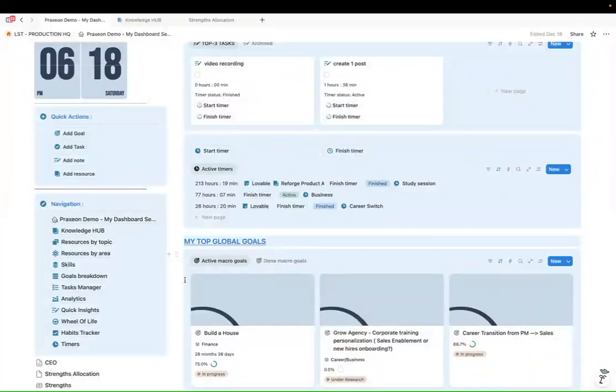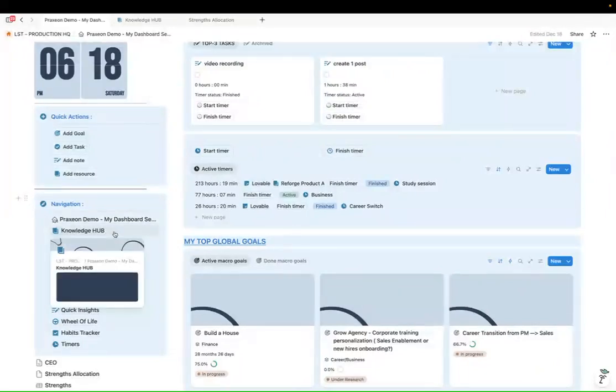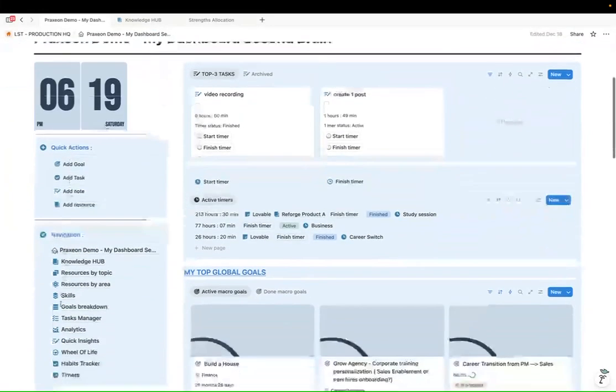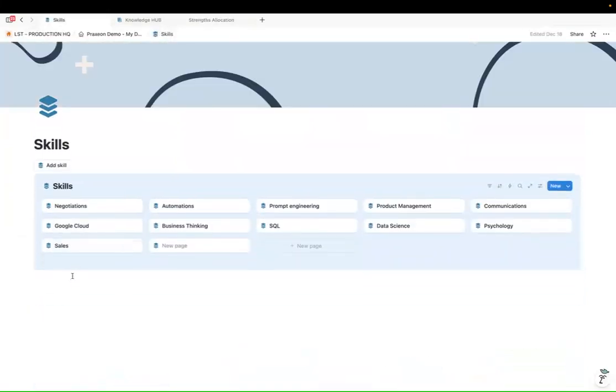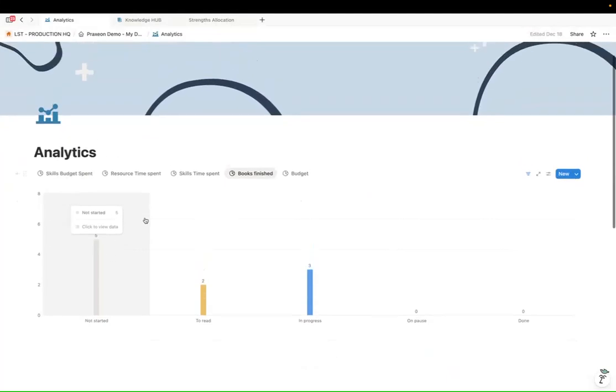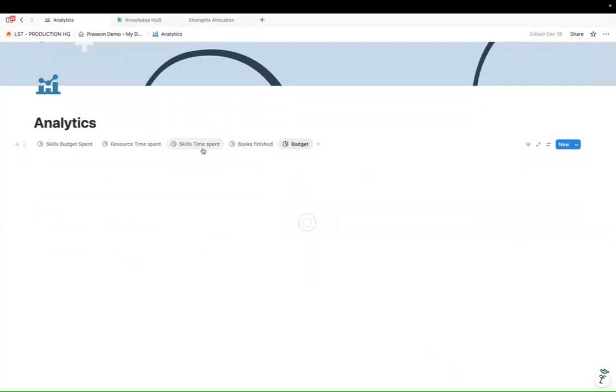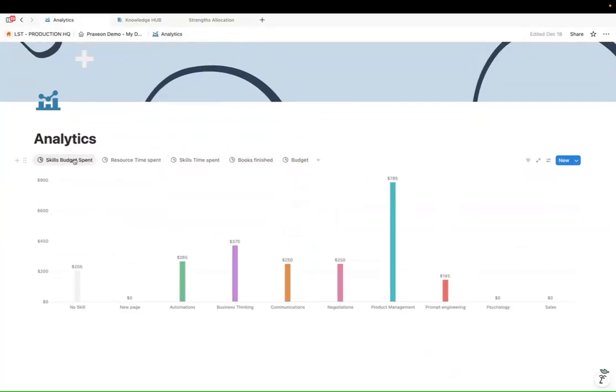But the main power of Praxeon comes with the integration with your Knowledge Hub, as well as the skills and analytics, so that you could connect all your areas of life, goals, tasks, and projects to different resource types, such as courses, notes, tools, or books, as I have been showing before here, as well as skills and analytical insights, such as a learning budget, reading goals, and time analysis of how much time you spend learning new skills or discovering new resources. We will talk about all of those components later, and I will show you exactly how to